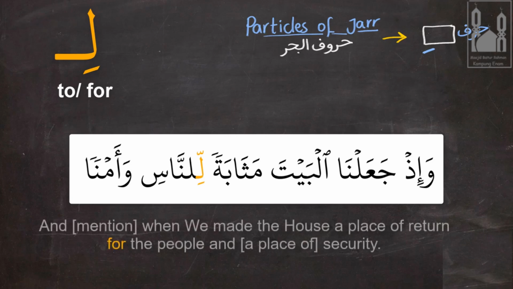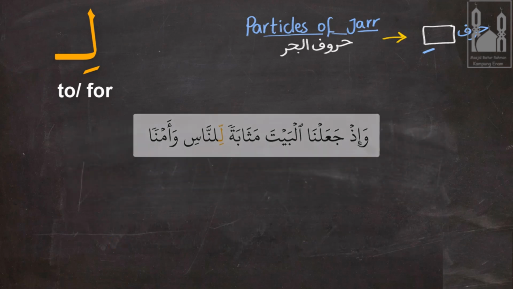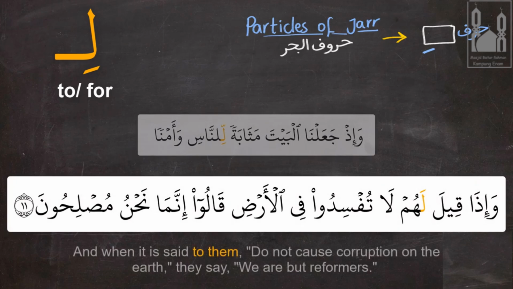وَإِذْ جَعَلْنَا الْبَيْتَ مَثَابَةً لِلنَّاسِ وَأَمْنًا وَإِذَا قِيلَ لَهُمْ لَا تُفْسِدُوا فِي الْأَرْضِ قَالُوا